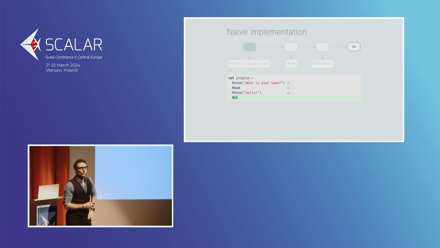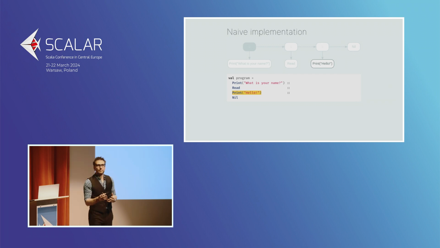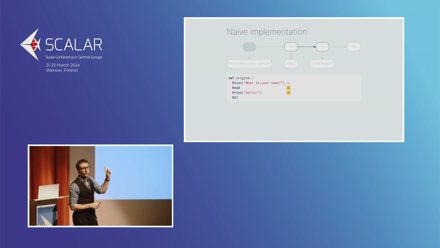We've not solved the problem at all, though. Can anybody see what the problem is here? It's going to compile and run. Here's a hint. We were supposed to greet the user by name. We are not greeting them by name at all. So we have not solved the problem at all. We feel like we might have, but we've done half of the job only. And the problem here is that there is no link between read and print. There's no way for read to pass any information to print. The link exists, but it's here, between the two cons cells.